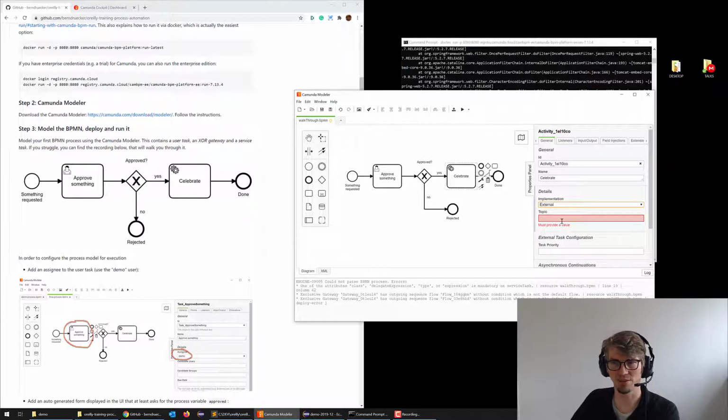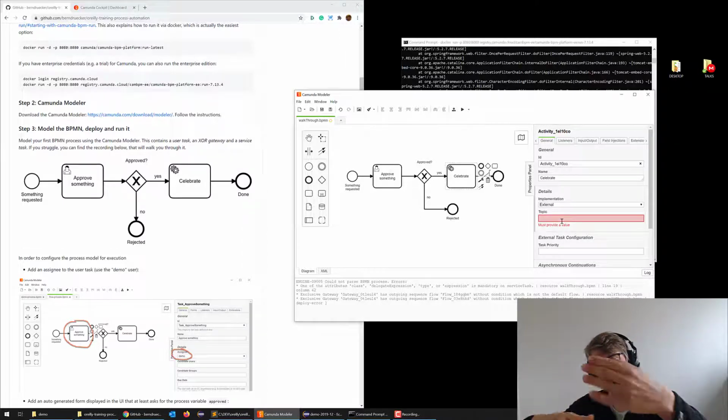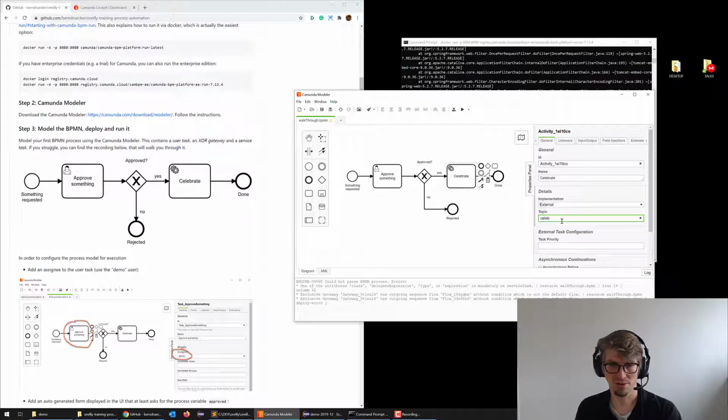We talk about that in the training a bit. And now you have to define a topic name where workers that can do that code subscribe to. I call that celebrate. And again, if you're on the managed instance, you should add something which is unique to you, so that different attendees